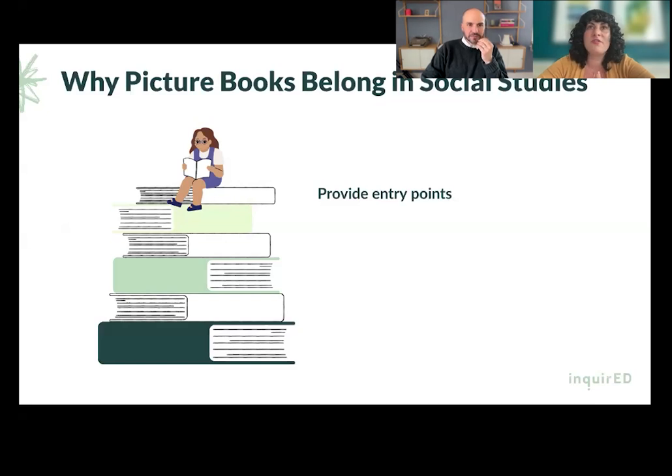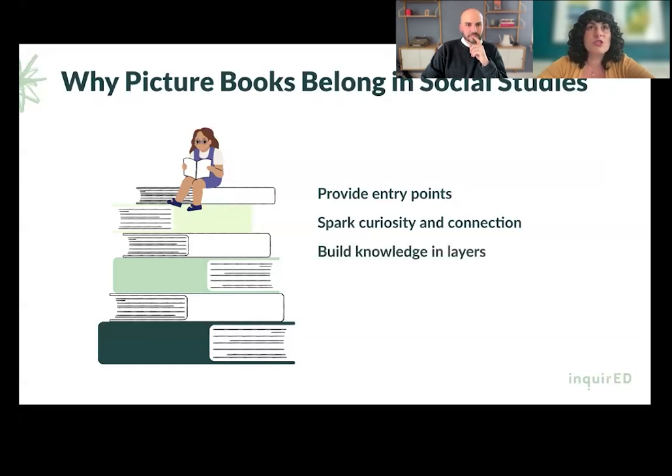They also spark a lot of curiosity. Students might be able to see characters that they can connect to or that they wonder about. They can be great to use so that you can revisit a topic over and over. Picture books are just so nuanced and so rich. I think we often think about picture books for K-1-2, but really I think even for older students, because they're so rich, you can really go back to them and look for different levels of meaning as you go. I think the other thing that's so important is that they also allow students to really think about